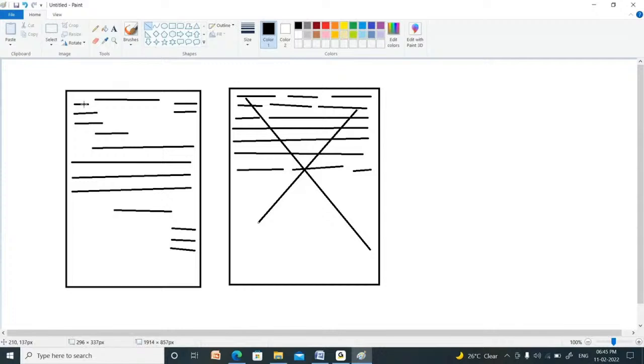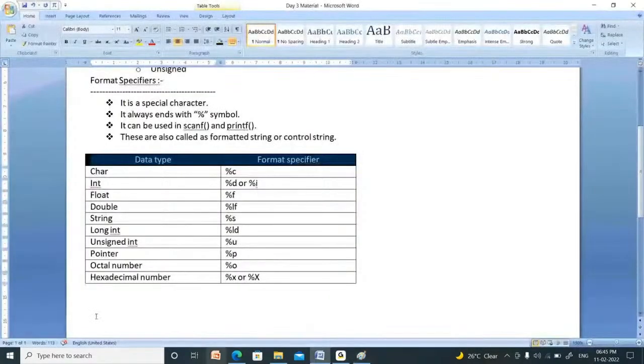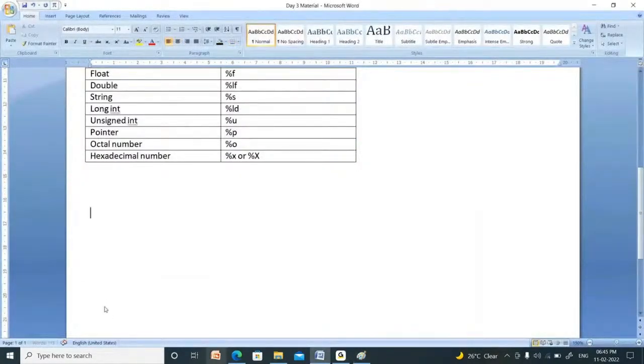Whenever you press the tab key, the cursor moves in the forward direction. For that, in C language, you have to write \t. \t is used to move the cursor. What is the cursor?